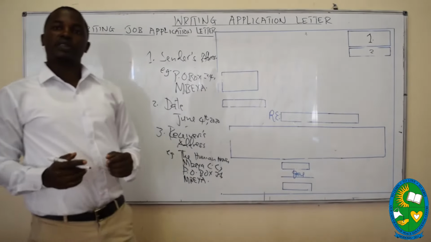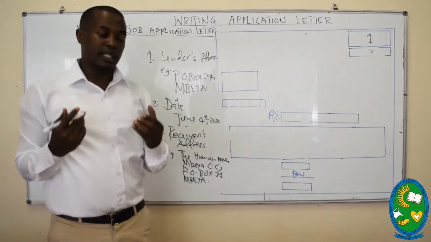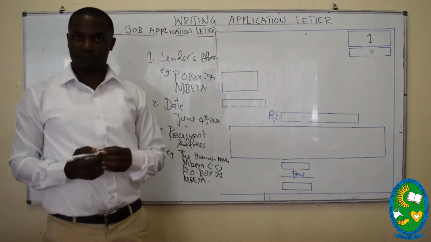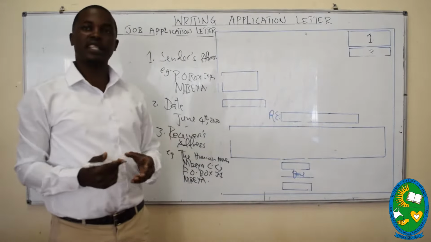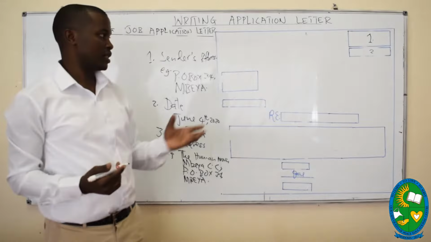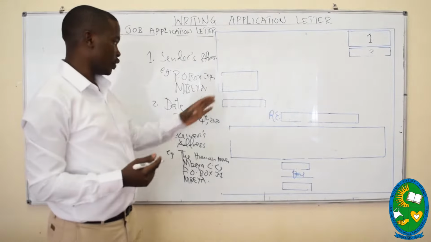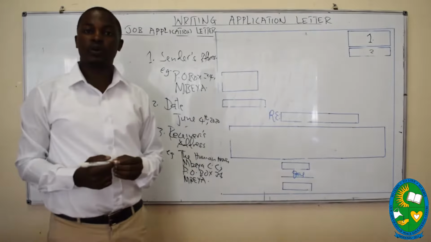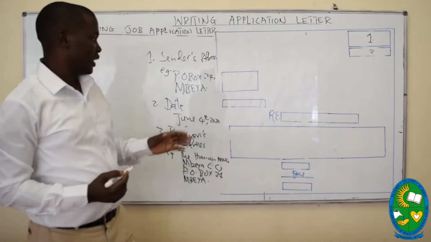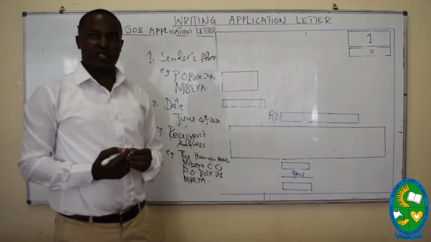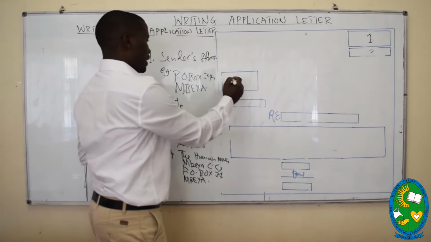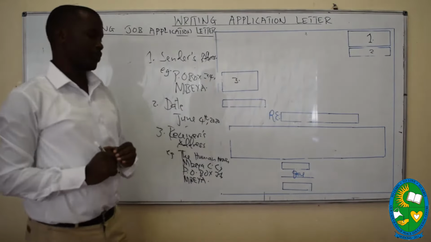But here you don't write the date, because the purpose of writing it is just to tell us when the letter was written. So don't write the date below the receiver's address. Then below the receiver's address, there is another element which is